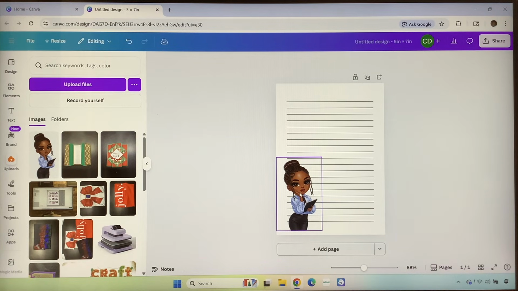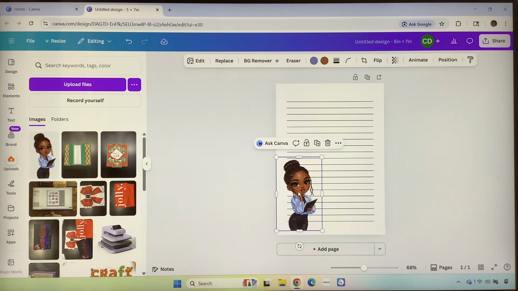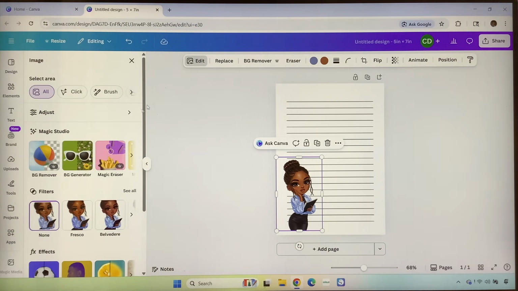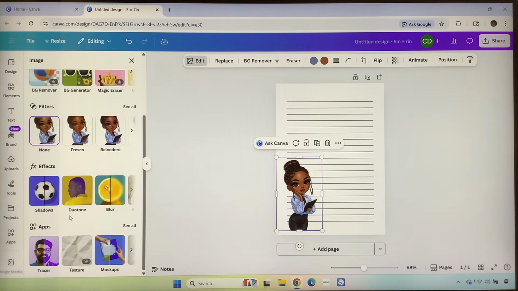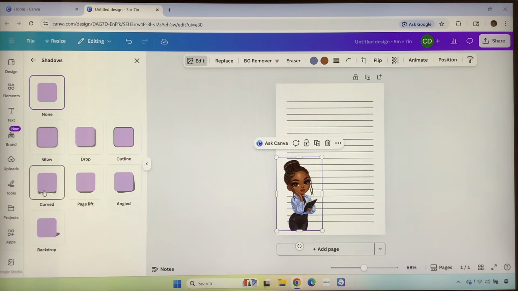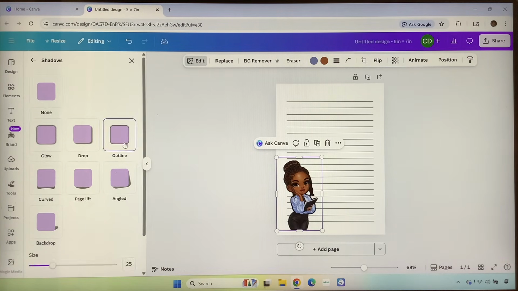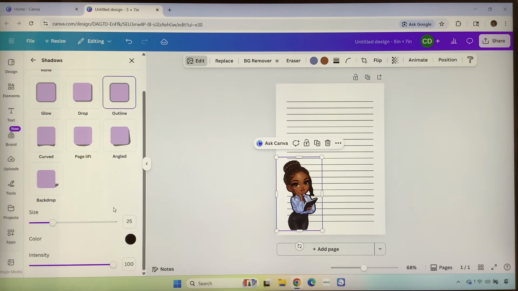To add a shadow to the image, I'm going to select my image. On the top toolbar, I'm going to select Edit. Under Effects, so I'm going to scroll down, and under Effects, I am going to select Shadows. I am going to select Outline. And then I'm going to scroll down a little bit. I'm going to size this